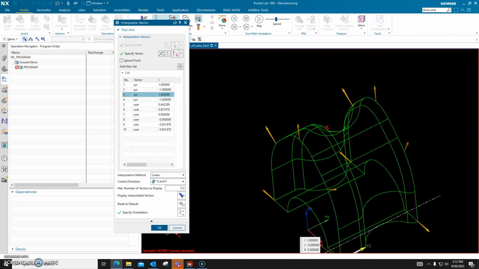In the vector list, right-click vector 3 and choose reverse direction. Notice that the remove option isn't available. You cannot move or delete